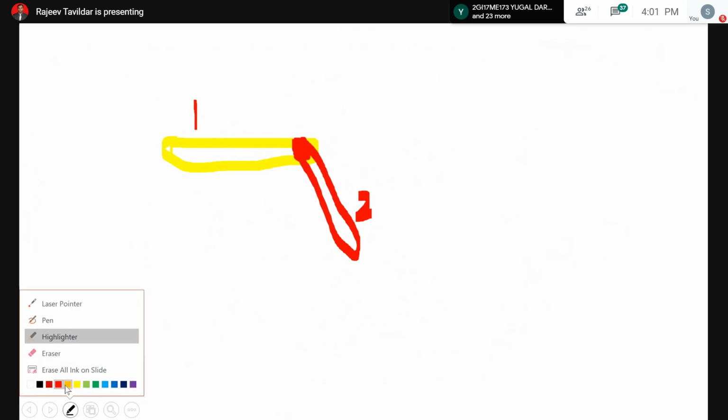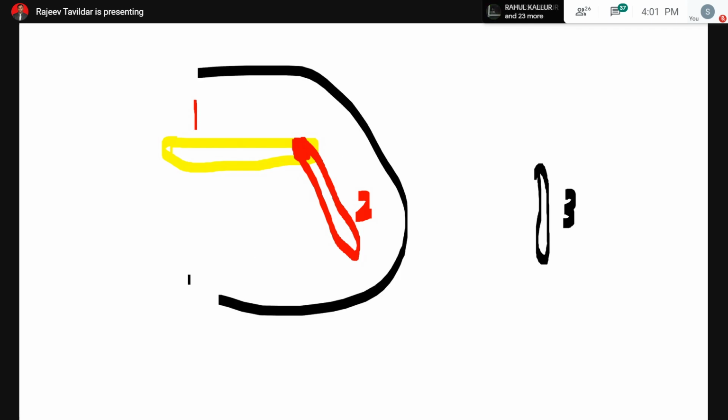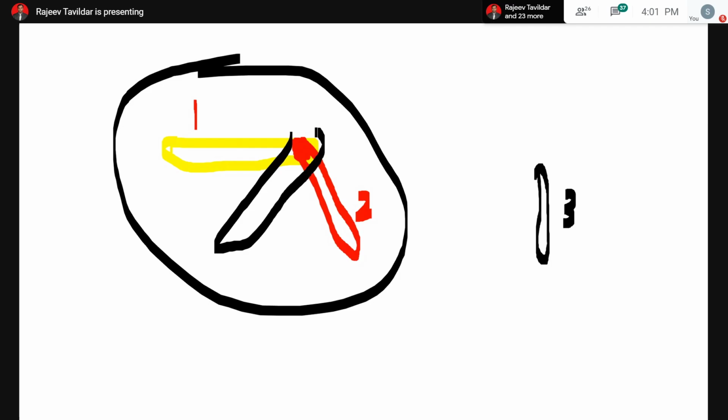Now, if I want another link, and I want this third link also to be placed here in a common joint, then what do I have to do? I have to bring this third link over here and put another pin to an already existing joint. This is already an existing system. For this existing system, I need to add another link. So if I bring this link 3 over here, I'll have to place another joint over here, that is another pin. So a very simple logic: if there are 3 links, then I'll require 2 joints.